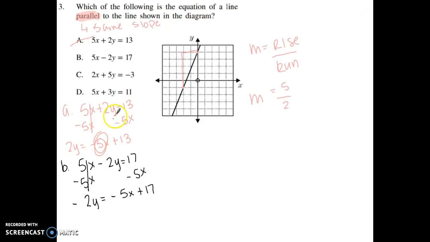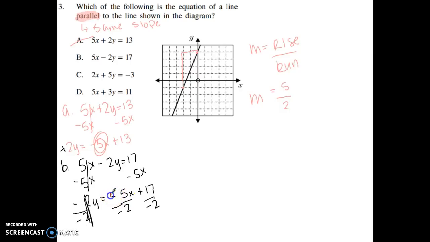Now you're going to want to stop here because you said, well, I subtracted 5x on this one, then this must not be the answer as well. However, in this case, we were left with a positive 2y, and here we are left with a negative 2y. So we're actually going to end up dividing by 2 on both sides, and we're going to divide by 2 three times. But here, this is going to cancel,